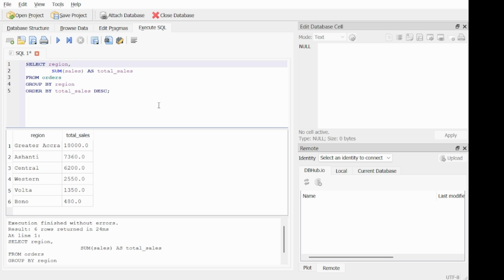Now, sometimes you don't need every row. Sometimes you just want the top performers. That's what limit does. So that is where limit comes in. Now, assuming we are selecting the region column, we are selecting and grouping by region, and taking the sums of the sales column as total sales